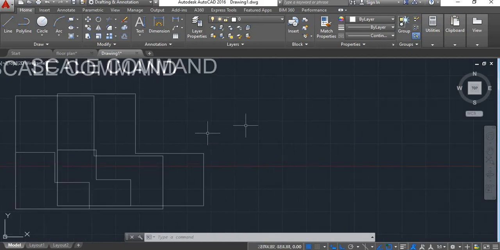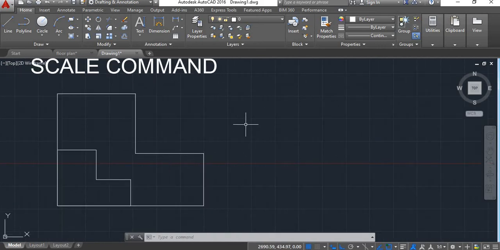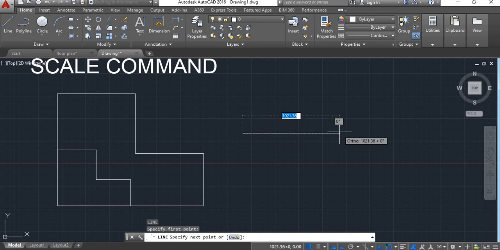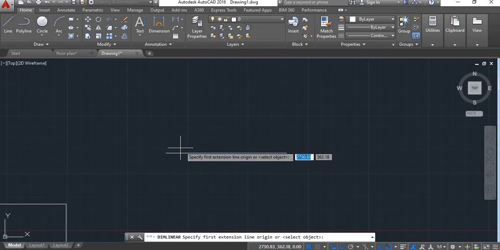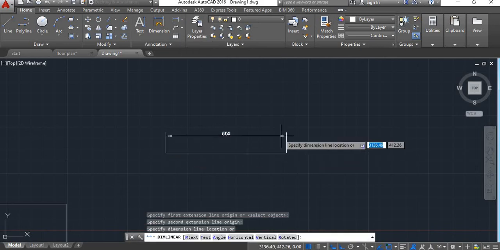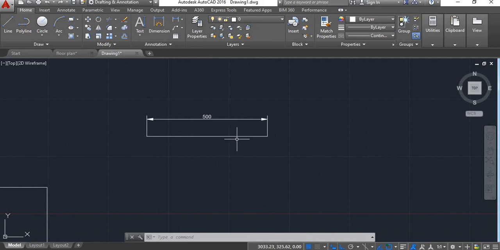Now we'll take another example. We'll take a line here of 500. So enter. Now the dimension of this line is 500. Suppose I want to increase the length of this line to 1000, then I'll have to give scale factor.